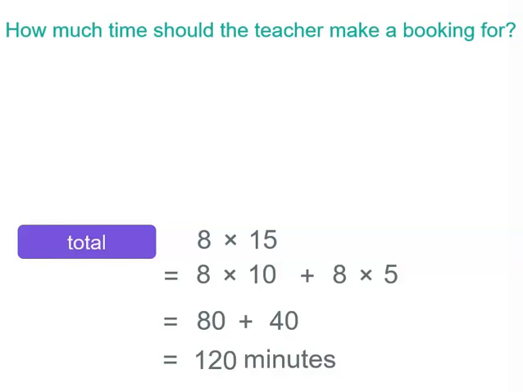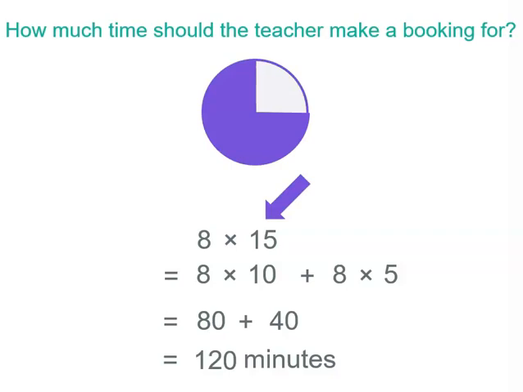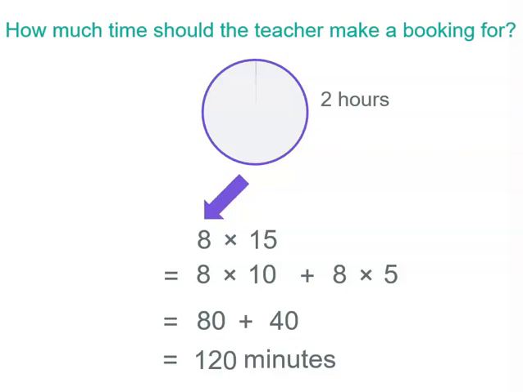Now sometimes you might think of a different way to multiply something like 8 multiplied by 15 minutes. Well, 15 minutes is actually a quarter of an hour. So 4 lots of a quarter of an hour equals 1 hour, which means 8 lots of a quarter of an hour equals 2 hours. And then you can work that back to minutes. 2 hours is 2 lots of 60 minutes, so 120 minutes. So be on the lookout for things that help you work out multiplication that may rely on things you know